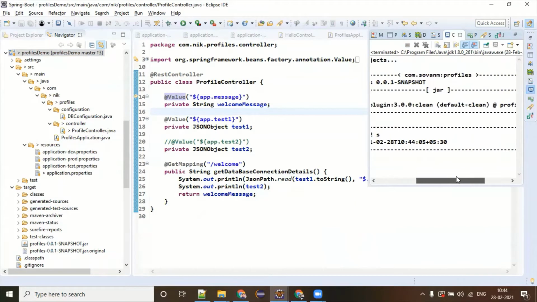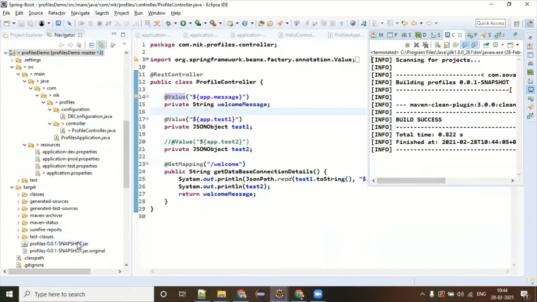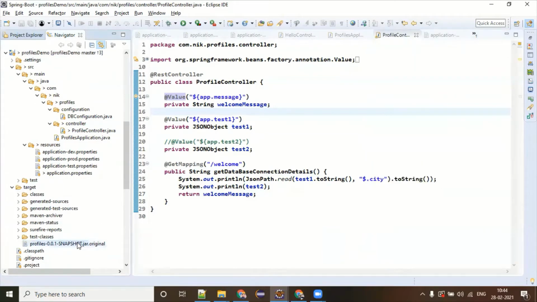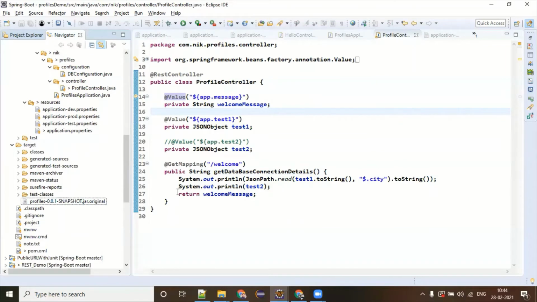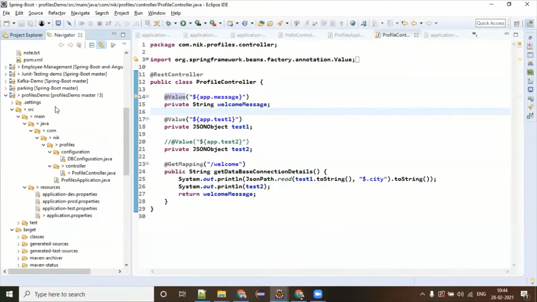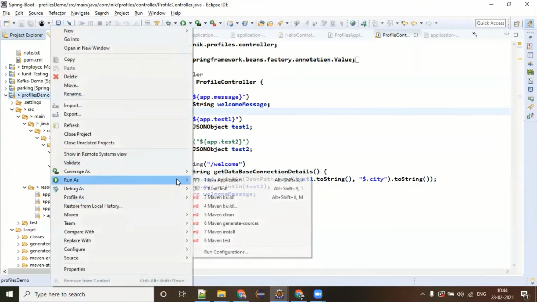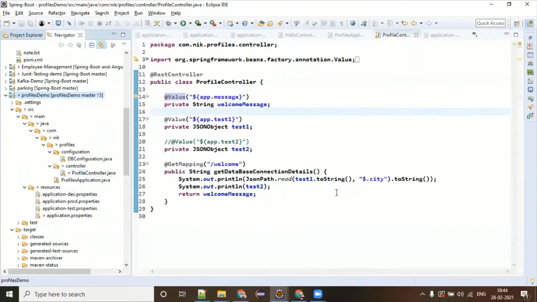Why is it not deleting? Surprise. Oh, now it has deleted. Okay, now what I'm going to do is Maven install.